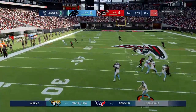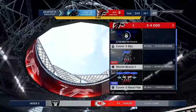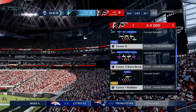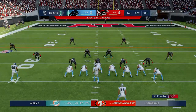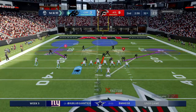The shotgun snap for Darnold. Looking left side, and it's complete. And he'll take this to the other side of midfield before going out of bounds. Now, I know it's an emotional game, Charles. You can't do that. And when you get into your film sessions and you argue your case with your coaches, that's exactly what they say at the end. You just can't do it. It costs your team. Hey, you got 3, three down. 43 is